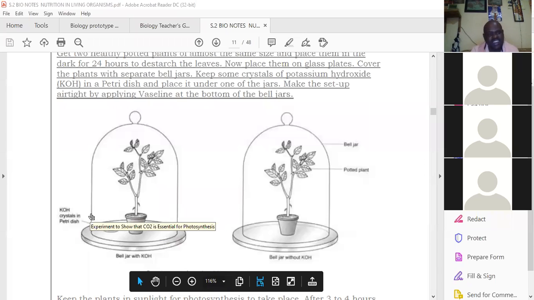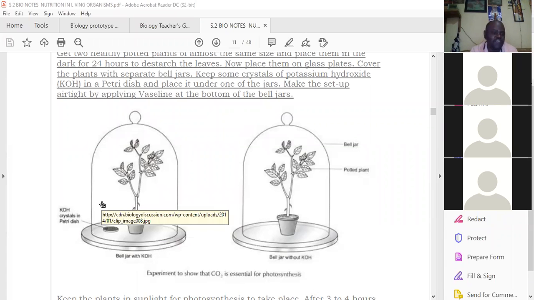You can use anything else which you know can absorb carbon dioxide. Even sodium hydroxide can absorb it. If you find some experiment where they have used maybe soda lime, it can do the same. The reason why we are putting these components, most especially potassium hydroxide,